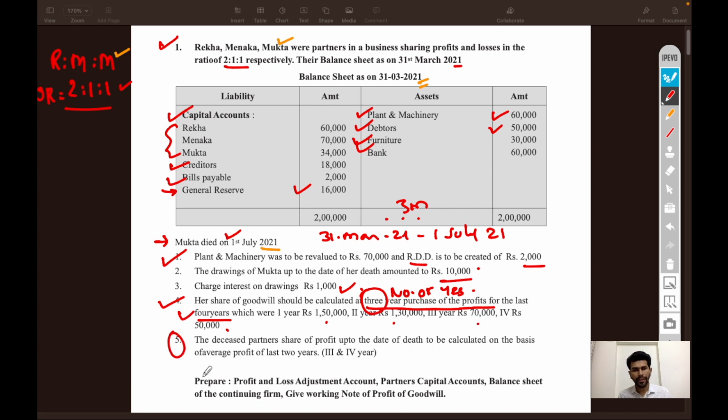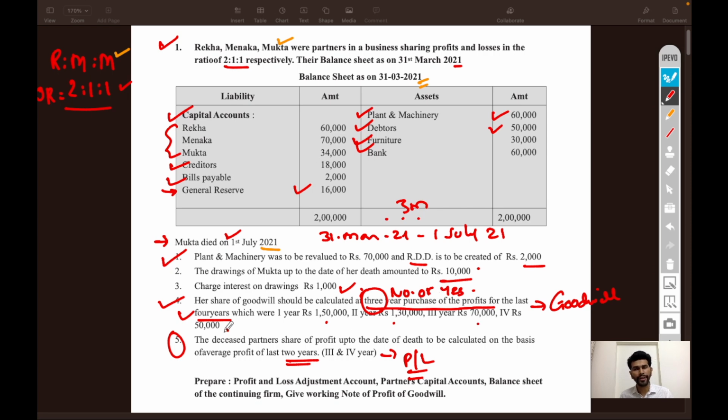And last adjustment, the deceased partner's share of profit up to date of her death, is to be calculated on the basis of average profit of last 2 years. This adjustment was about goodwill, and now this adjustment is about profit or loss up to date of death. Deceased partner's share up to date of death will be calculated on the basis of average profit of last 2 years, that is third year and fourth year,